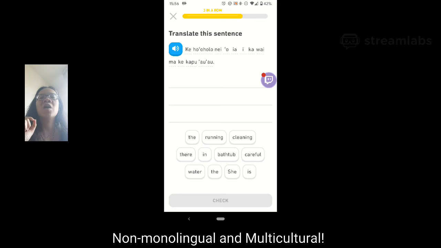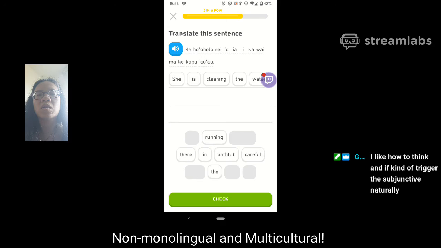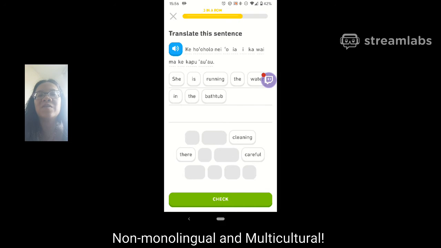Before they gave me ke ho ōleloHawai'i. I am cleaning the what? She is cleaning the water in the she's running the water. Why? Water in the bathtub.